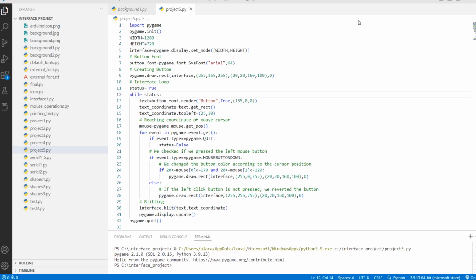Alright my dear friends, so now let's learn about Python codes of project 5. With our fifth project, we will have information about the button construction that we will use in the interface by using the Pygame module. We will use the coordinate information of the mouse cursor while creating the button. In addition, we will control whether we press the left click button of our mouse or not. In this way, we will not only be able to verify the location but also check whether we press the left click of our mouse.